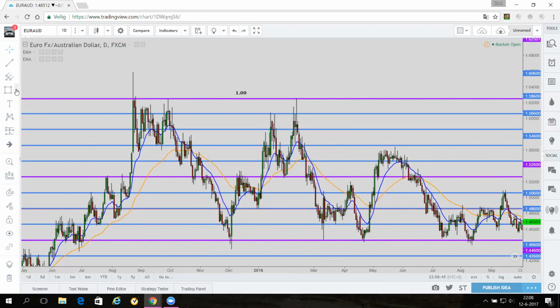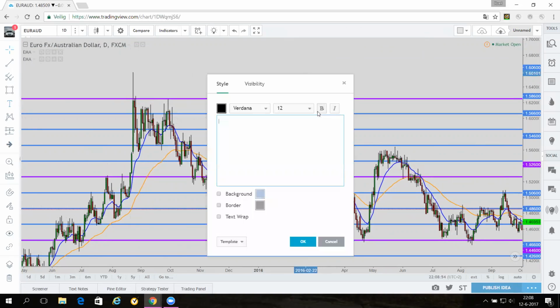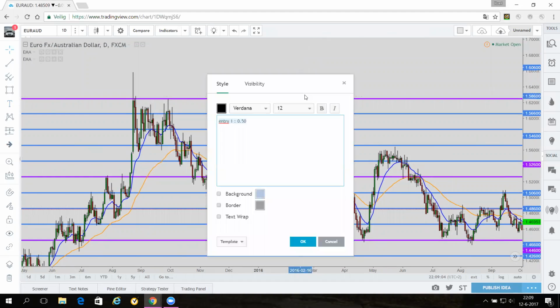So what you can do is enter at this level where everyone is probably entering. So entry 1 right here with a 0.50 lot, so you don't miss out on the trade, and you can enter again at the purple level with